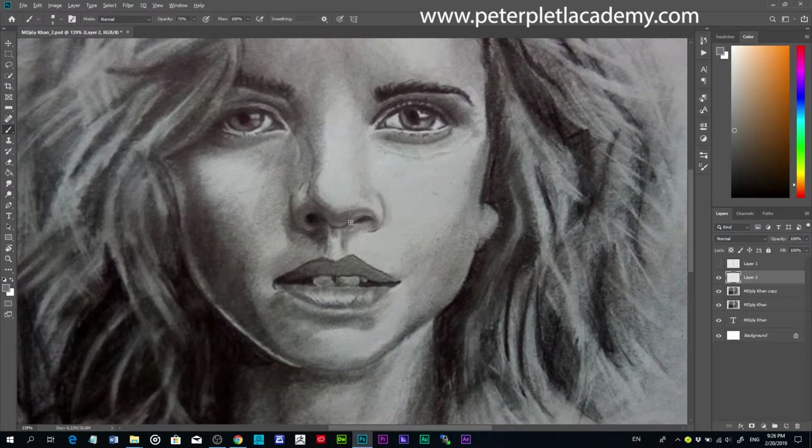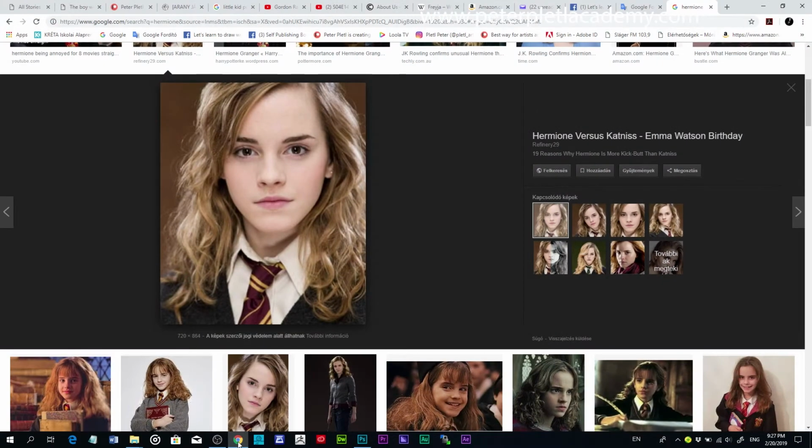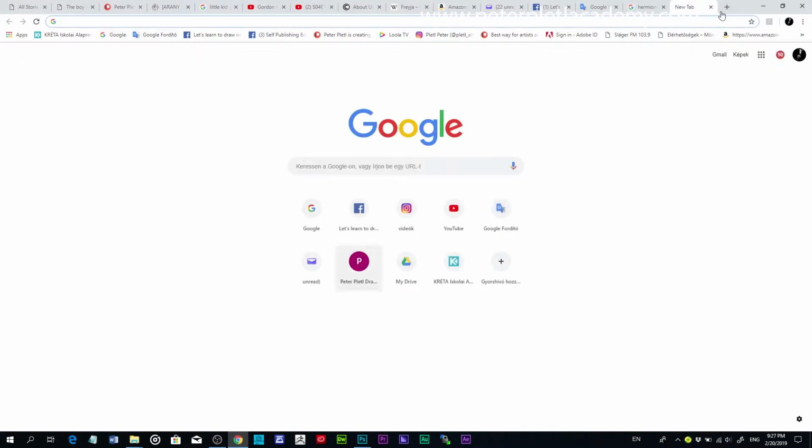And that small light line which is beneath, it's reflected light. And if you don't know about reflected light, you can go over our page